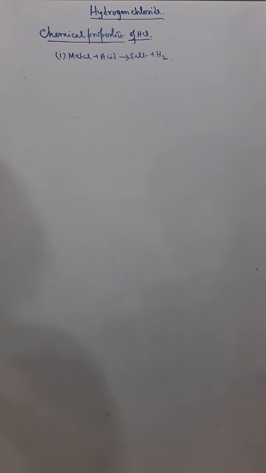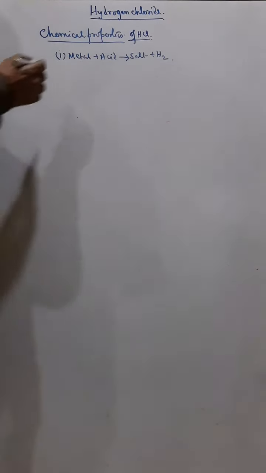Okay, now we'll do chemical properties of HCl. I hope all of you have done acid, base and salt before starting this HCl or H2SO4 chapter or ammonia chapter. It is always advisable to first study acid, base and salts, because HCl is an acid, sulfuric acid is an acid, ammonia is basic in nature. So from that acid, base and salt only you can understand the full chapter. Chemical properties of HCl means whatever you have studied in chemical properties of acid, the same thing.